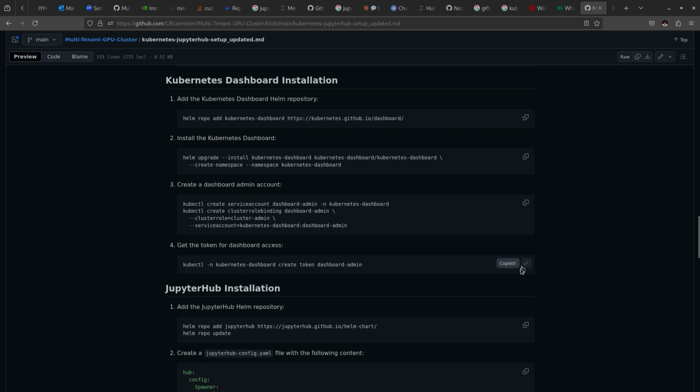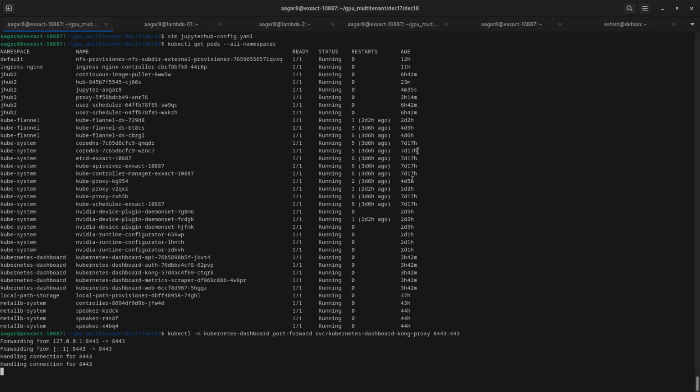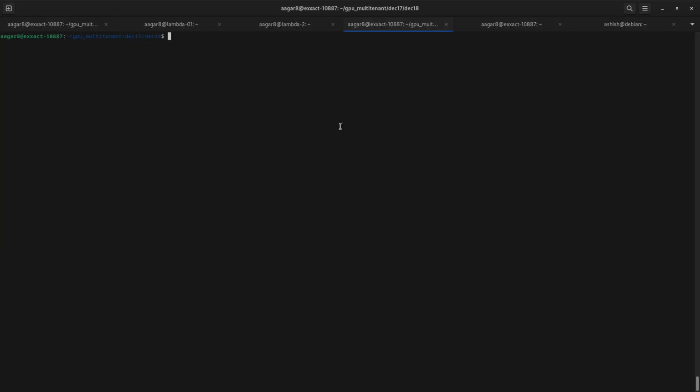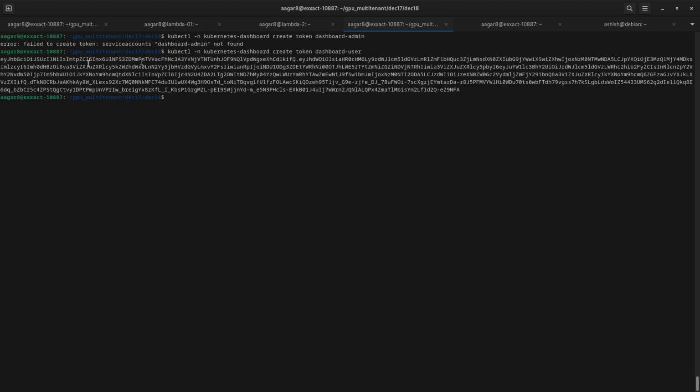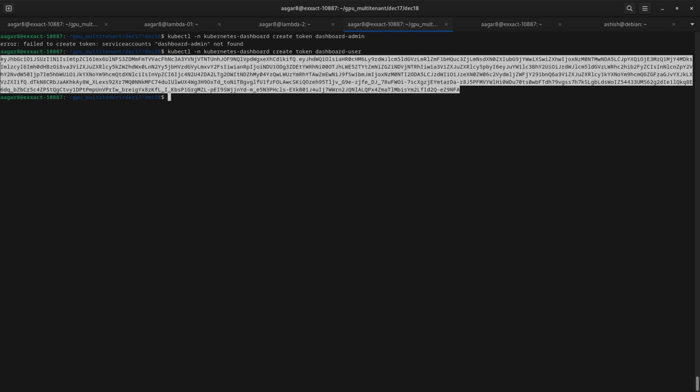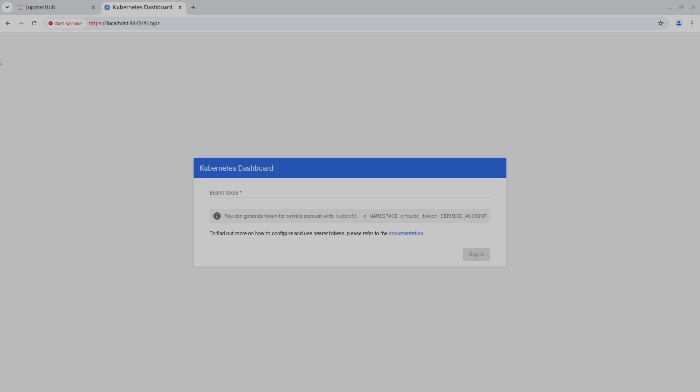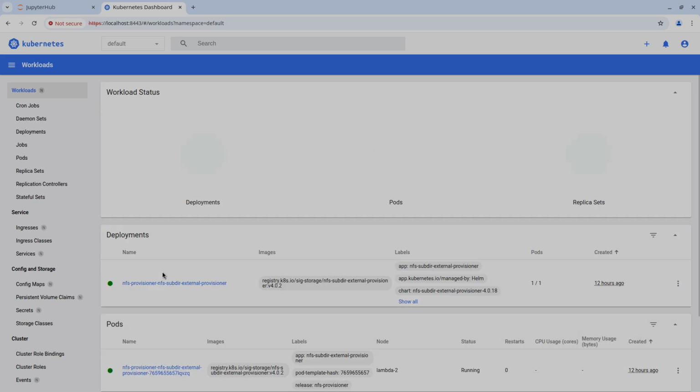We require a token, and we can just go to our terminal, come here, create a token. Oh, not dashboard admin, so it is dashboard user, I guess. So yeah, it's just a dashboard user, and if we go to here, paste our token, sign in,